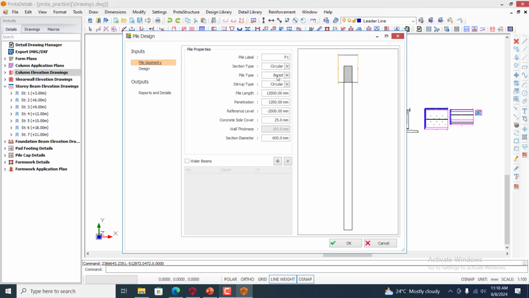So all you need to do is specify pile length, pile penetration, reference level, concrete side cover, and all of that. You put in your information and it will generate that for you. Very important that you do this. Okay, so